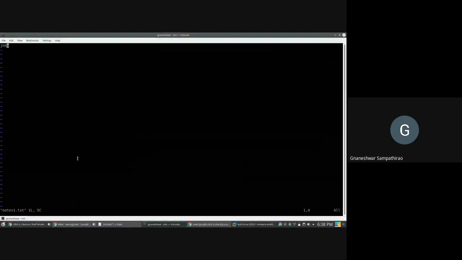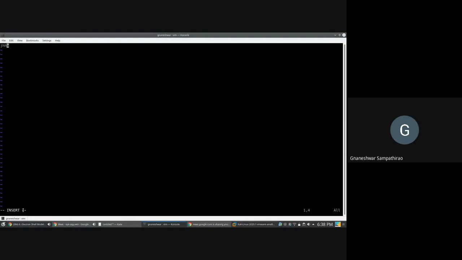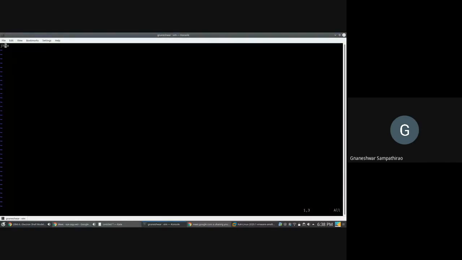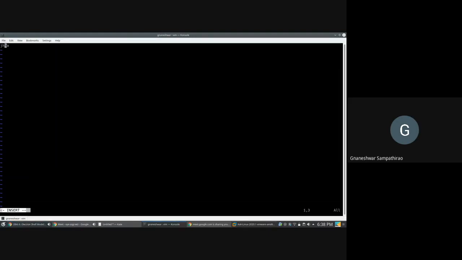Talking more about Vim, when you open Vim, you are able to see this kind of interface. Just press I or Insert. In some keyboards, you will have a button called Insert. If you press it, you will move into insert mode. So in Vim, you actually have to change the modes so that you can do some operations.